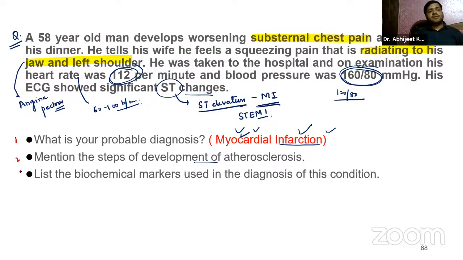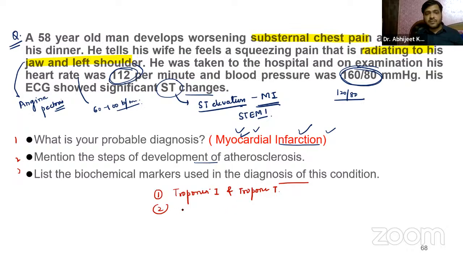The third question that they are asking: list the biochemical markers that can be used in the diagnosis of this condition, guys. Remember, we have troponin I and troponin T. What are these, guys? These are proteins. They are part of the cardiac muscle contractile apparatus, right? Elevation in the blood is highly specific to myocardial injury,